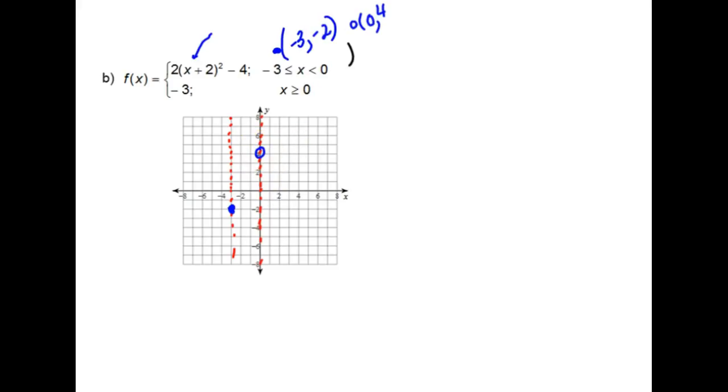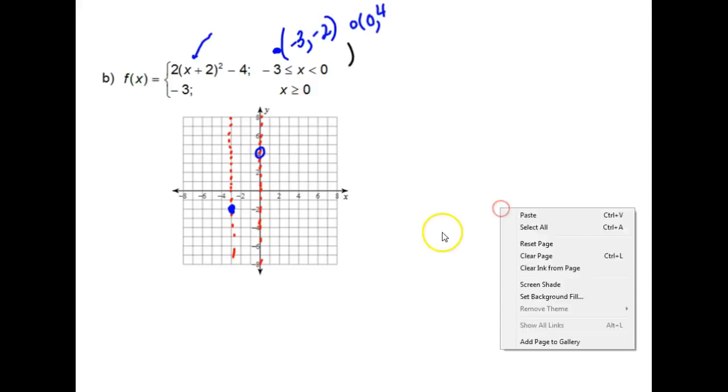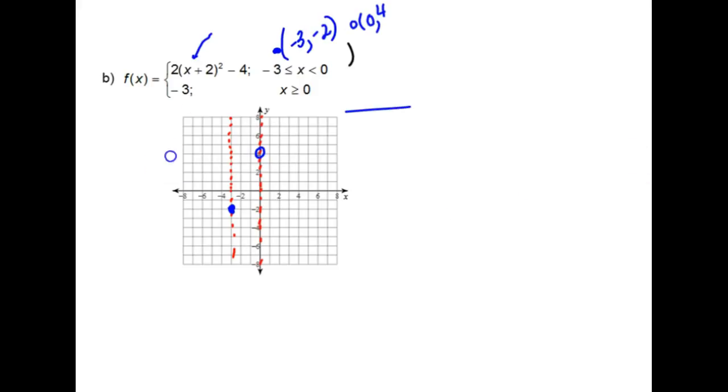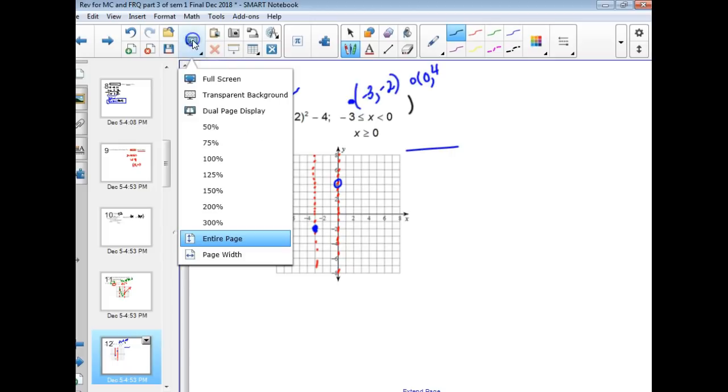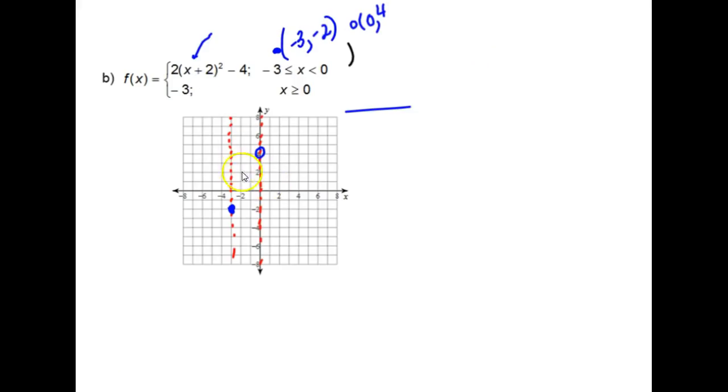Alright, so we have this quadratic. Oh, I guess that makes a little sense. So we have a quadratic that you can use points off your table if you're not sure exactly what it looks like, but oh my goodness, what is this thing doing? It's got a vertex at -2, -4, which I'm going to try really hard to graph if my pen will cooperate. So -2, -4 is the vertex, and then I'm just going to fudge in an awful graph since my